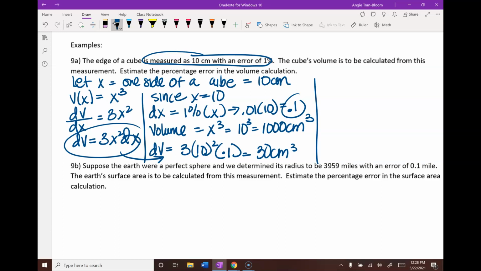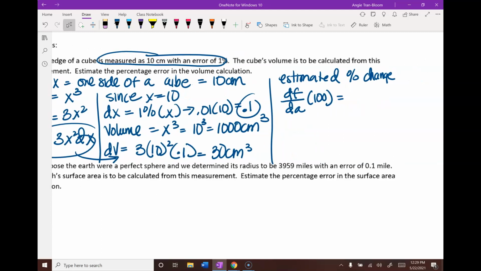Now, if you look back at your notes, I gave you guys a formula. The estimated percent change in your formula is df over f of a, and then times it by 100. Well, we don't have f or df, we have dV with respect to f of a, which is your volume. So the change in volume, this is df in your formula, is going to be over the volume when the side is 10,